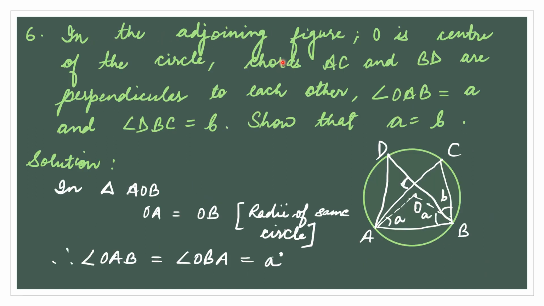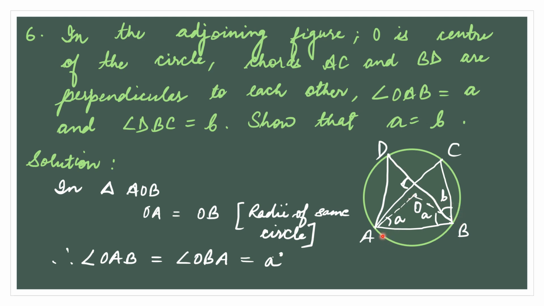In the adjoining figure, O is the center of the circle. Chords AC and BD are perpendicular to each other. Angle OAB is equal to A and angle DBC is equal to B. Show that A is equal to B. See, in this angle ADB,